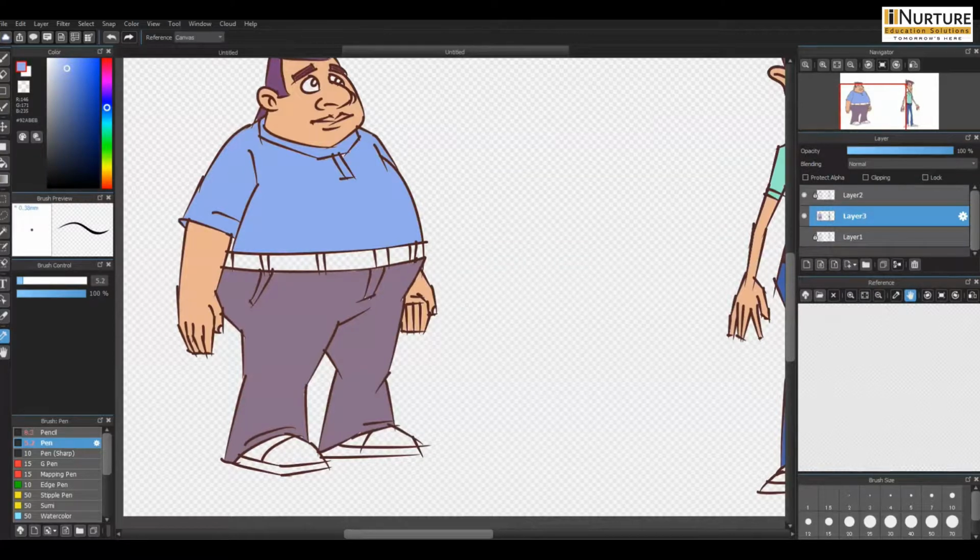Designing the character. When it comes to designing the character's look, it's important to know who they are and how the audience should feel about them. Traits.